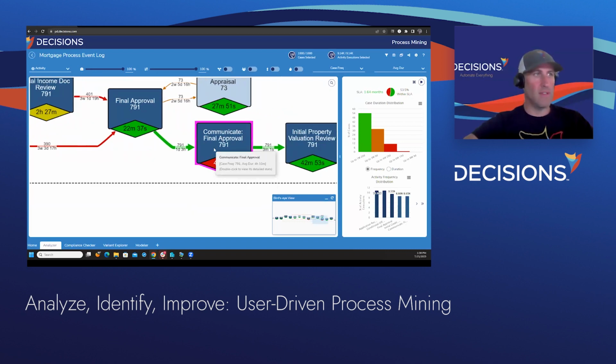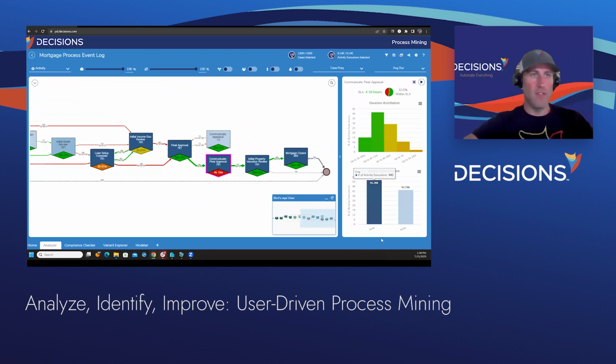So what we can see if I double click on an activity is we can actually see the resources. I only have about 10 resources in this particular flow. Some of them work on refinances, some of them work on new purchases, but we can see at a very quick glance that Greg and Ricky partake in this communication piece. I can see very quickly that Greg is doing a little bit more work, activity executions, if you will, than Ricky. But on the top, I can see the distribution as it relates to time. Of course, we're about 50% compliant as it relates to a prescribed SLA.